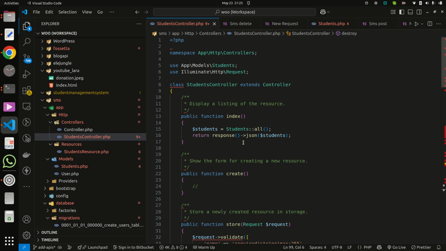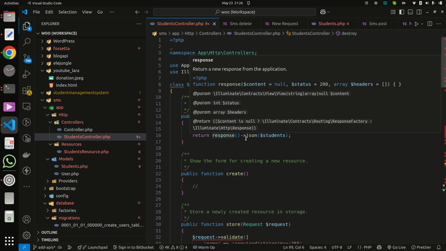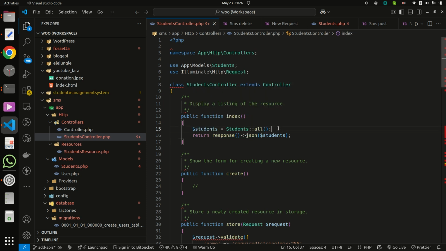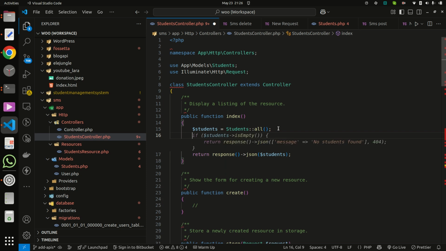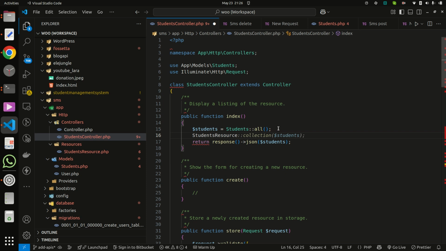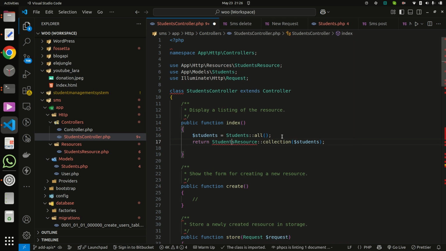In the index method, where we are using response JSON, we will use StudentResource collection here and just return it. First import it so that it does not give an error. Now check, get all students.